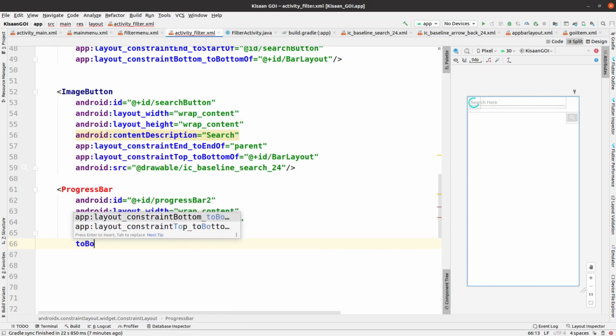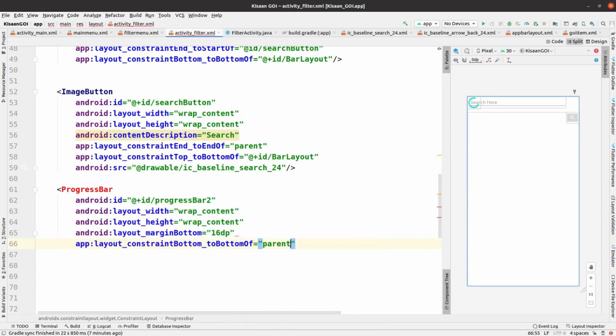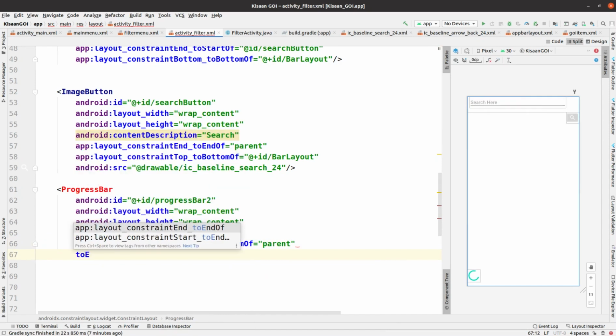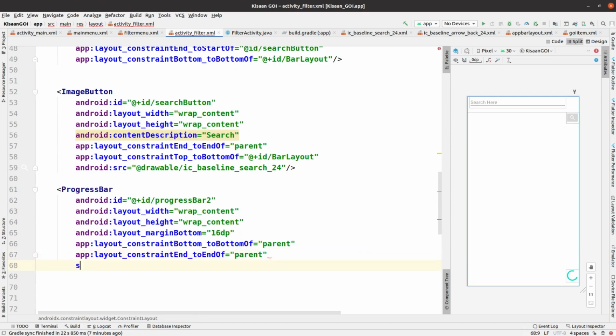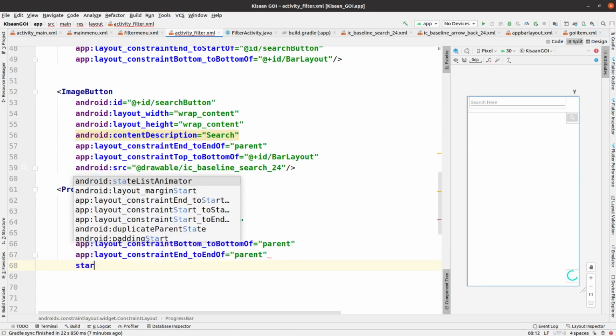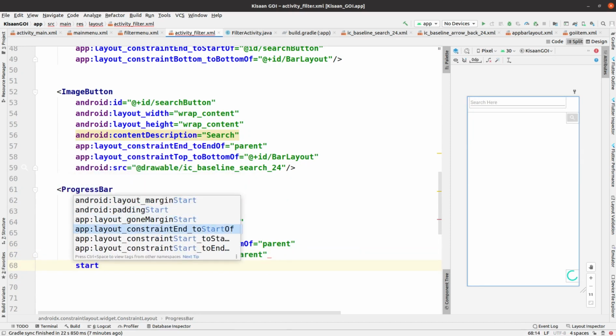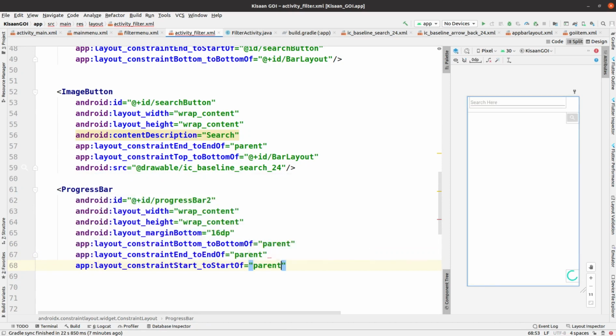Also the margin from the bottom side is given as 16 dp, and the constraint layout properties bottom to bottom of, and then end to end of. Afterwards we give start to start of parent. You can see that this is also completed.